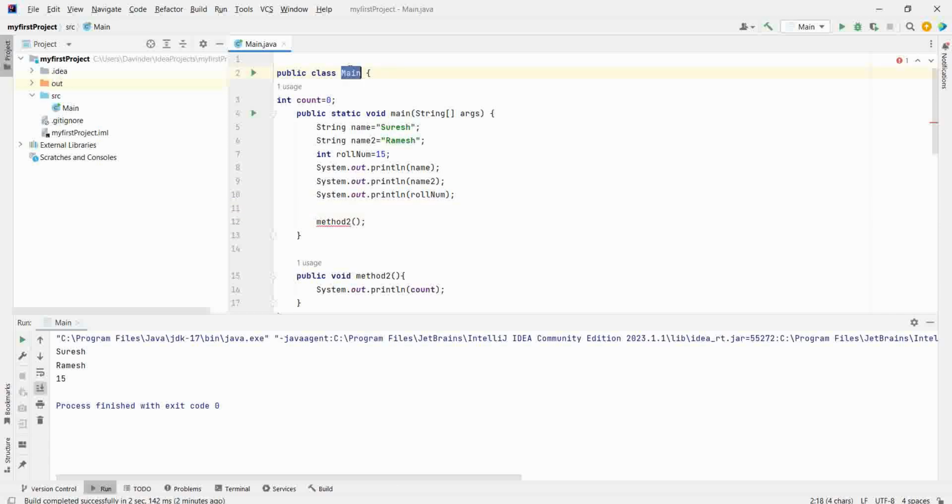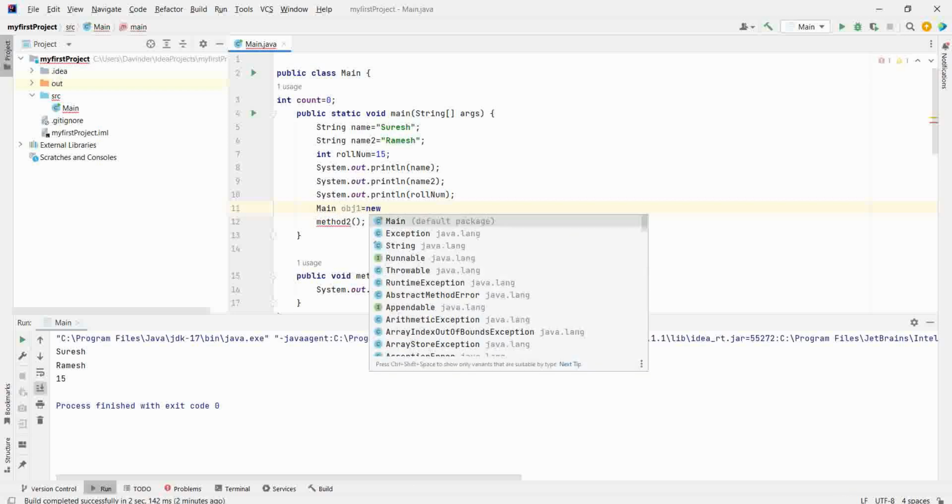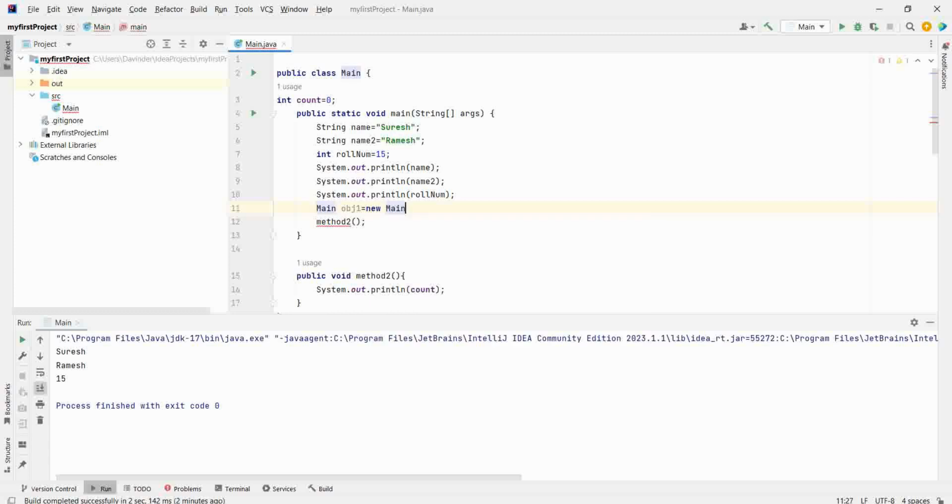So how to create an object? The syntax is class name, any name you give, new, again class name, brackets, semicolon. Now by using the object of the class, then dot, you can call any non-static method.